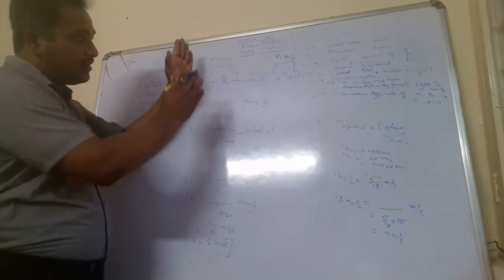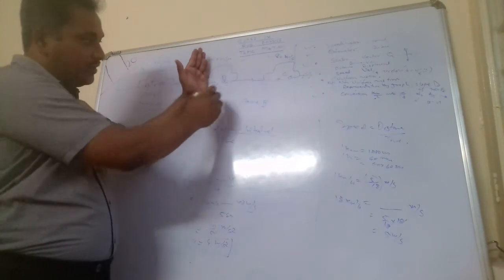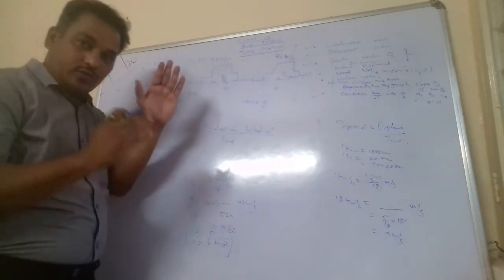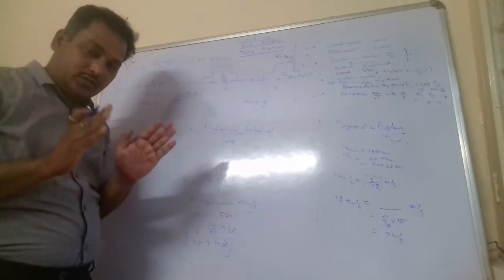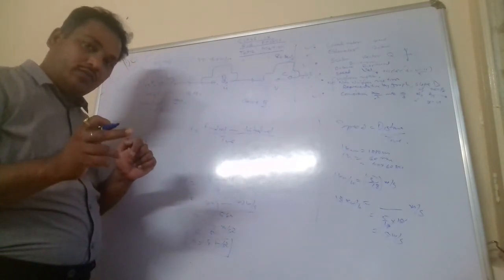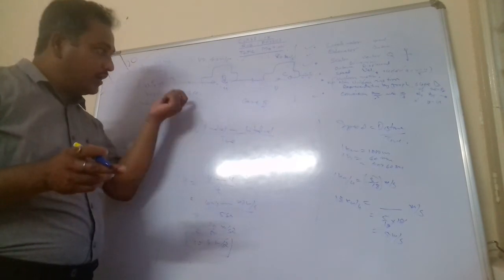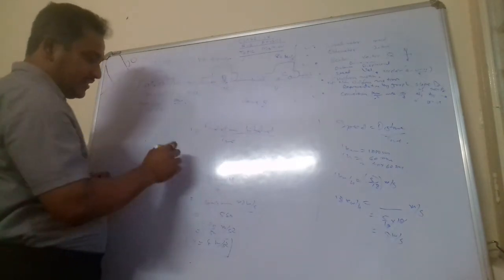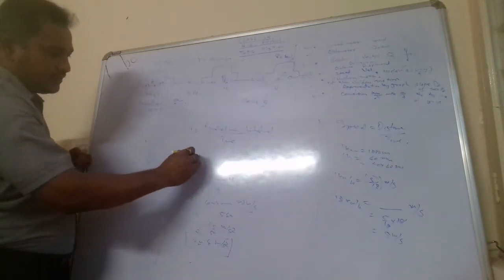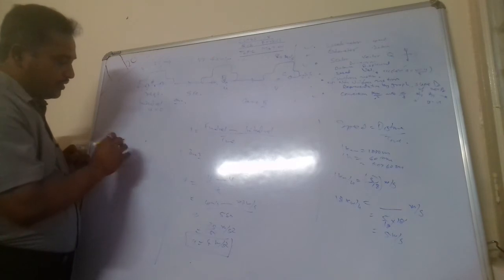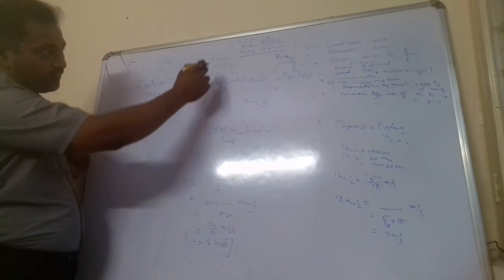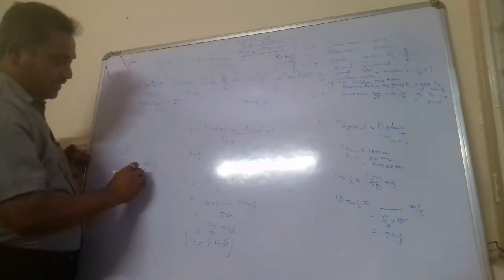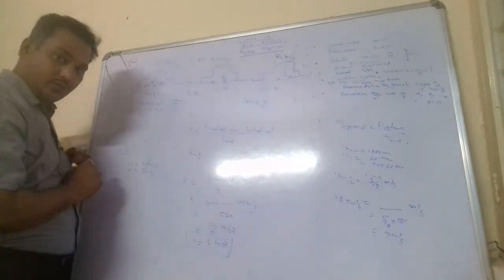Now here this will become initial velocity u, and 80 will become final velocity. So whatever question is asked, you have to consider that case only. The later one will be considered as final, and the first one, the former, will be taken as initial velocity. So earlier was case 1, now this is case 2. Here the initial velocity is 40 meter per second. Final velocity is 80 meter per second. Is it clear to you?